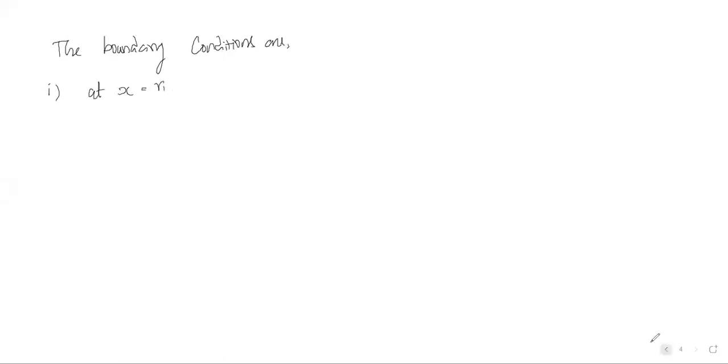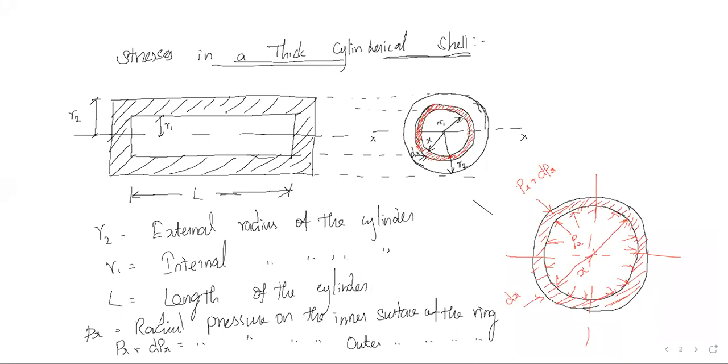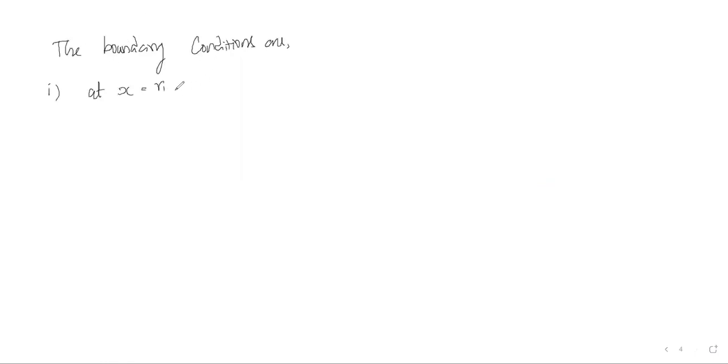At x equal to r1, it is the fluid pressure inside the cylinder, so px is equal to p0. And if x is equal to r2, then the pressure available here is nothing but atmospheric pressure. So that is the boundary condition. At x equal to r1, px is equal to p0,